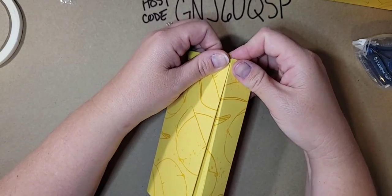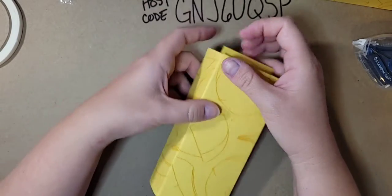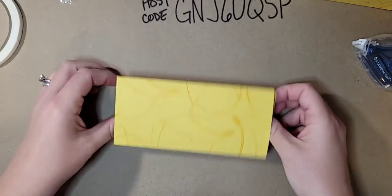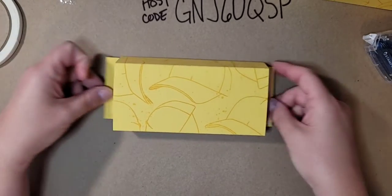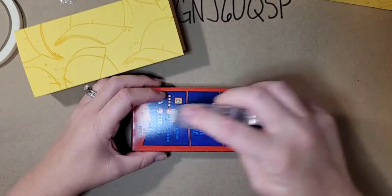And then just make sure that our edges are nice and lined up, just like that. And then give it a nice press down. And let's see, pull this way so it's all right side up, and you can see your box will slide. Isn't that cool? All right, we have our Cracker Jack box here, and I'm just going to put a little